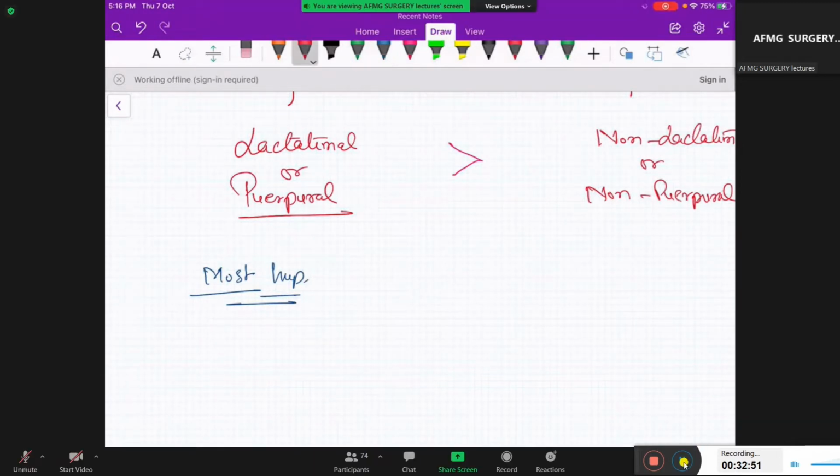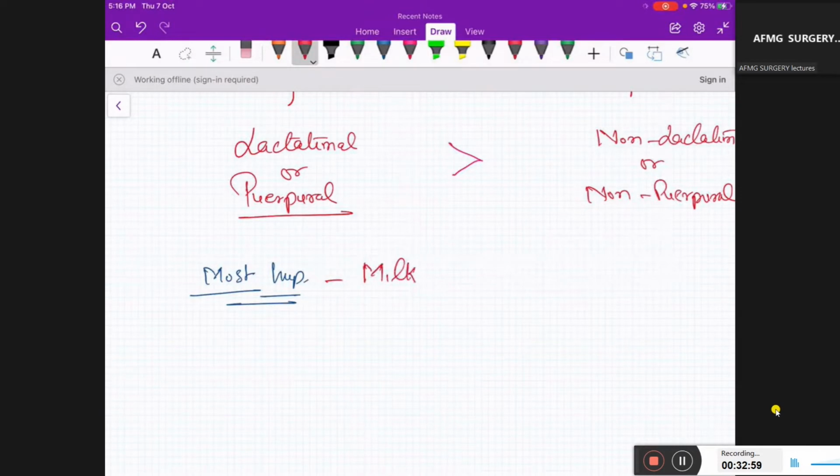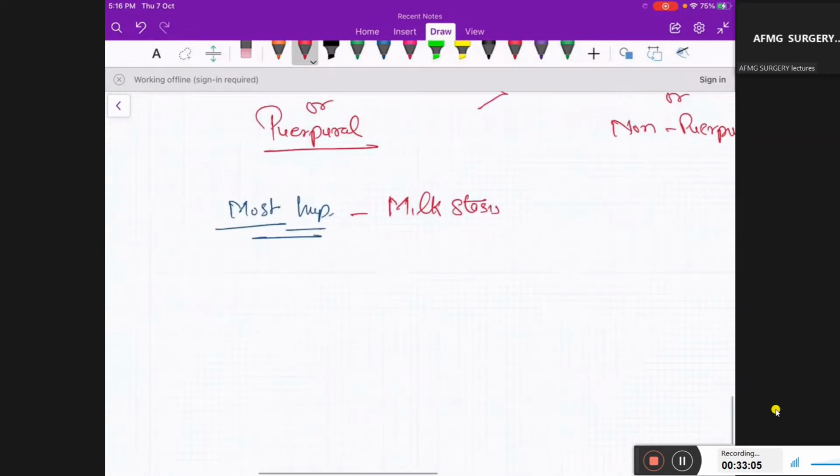Very good. And what does that lead to? Stasis. Very good. The most important predisposing factor is milk stasis. And if a female has milk stasis and on top of it, there is a cracked nipple,